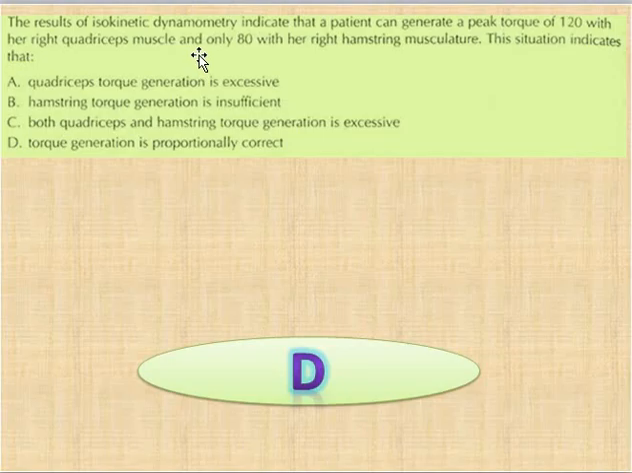The result of an isokinetic dynamometer indicates that the patient can generate a peak torque of 120 with her right quadriceps muscle and only 80 with her right hamstring muscle. The situation indicates that option A, quadriceps torque generation is excessive, B, hamstring torque is insufficient, C, both quadriceps and hamstring torque generation is excessive, and D